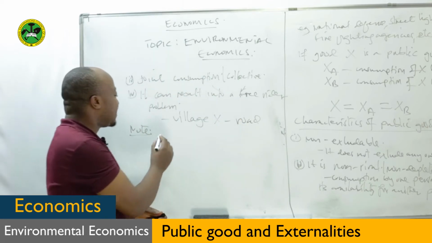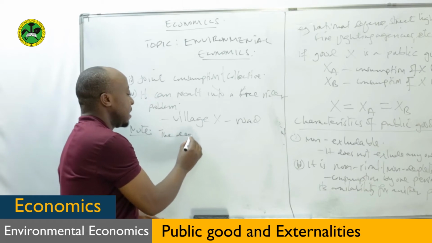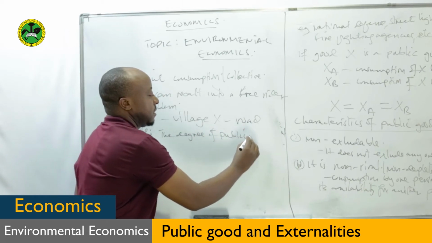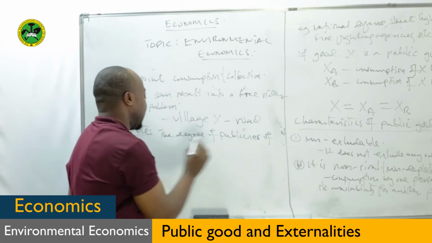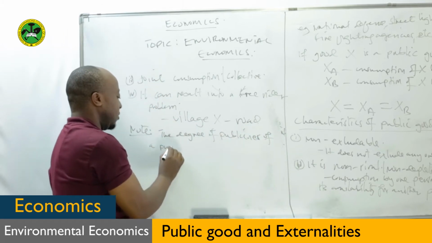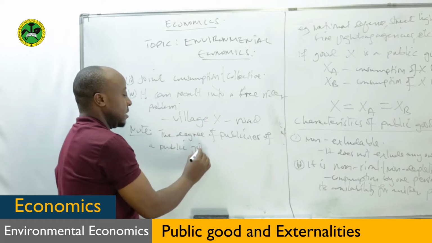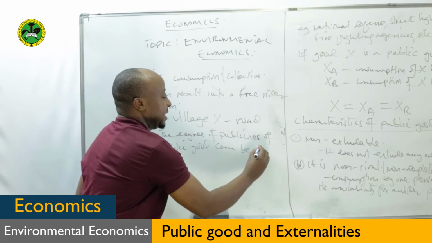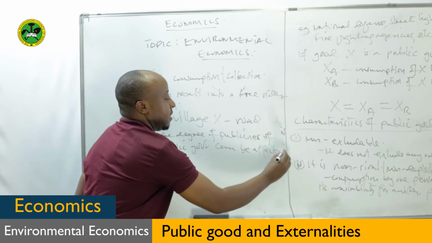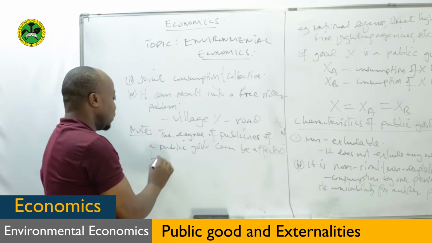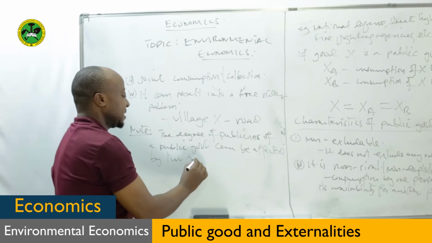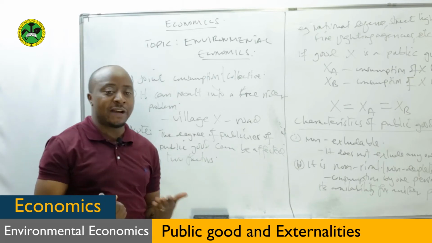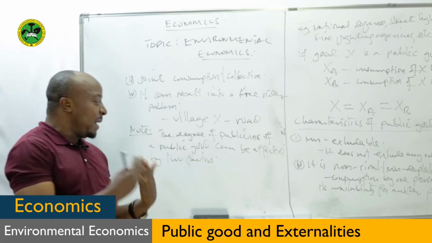That means sometimes the degree of publicness of a public good can be affected by 2 factors. It means there are 2 factors which can affect the degree of publicness of a public